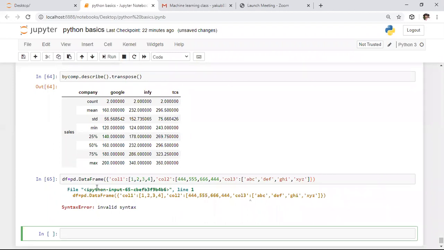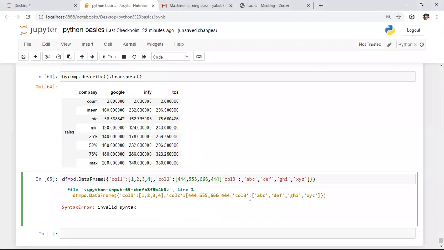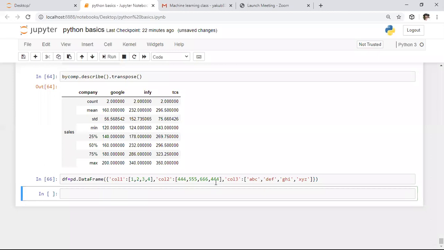Okay, in the data frame, what did we do? Good. Here we need to keep a bracket, and after this we need to keep a comma here. So I'm running this portion. So here we created one data frame.